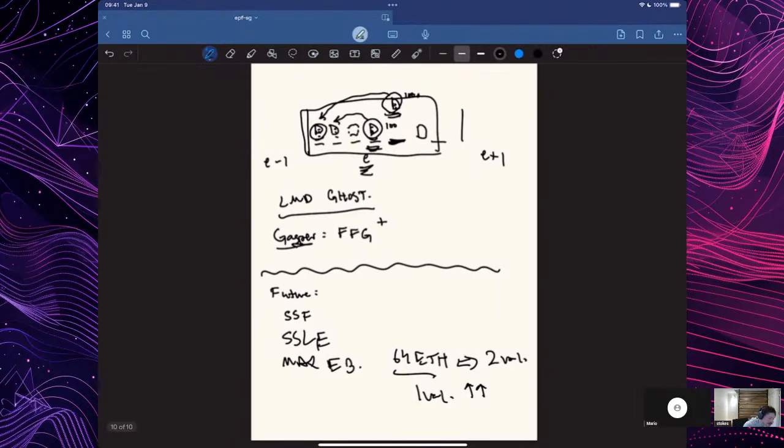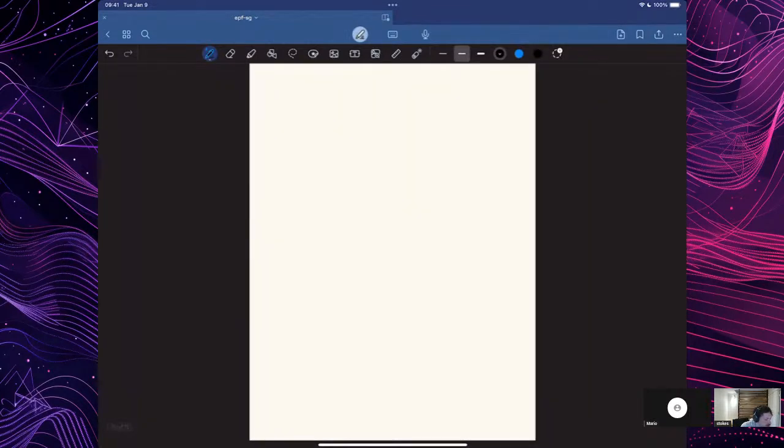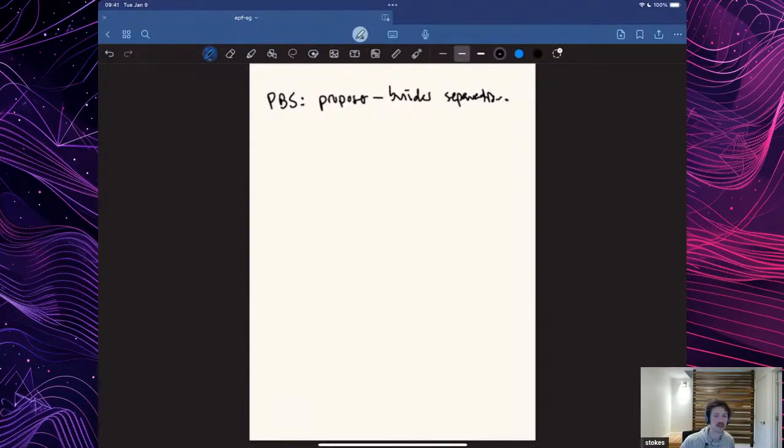So this is another thing very much top of mind for all the consensus researchers. So we have PBS, proposer builder separation. The idea here is that the protocol doesn't exist in a vacuum. There's this very valuable execution layer, and there's this notion of MEV. It used to stand for maximum extractable value.